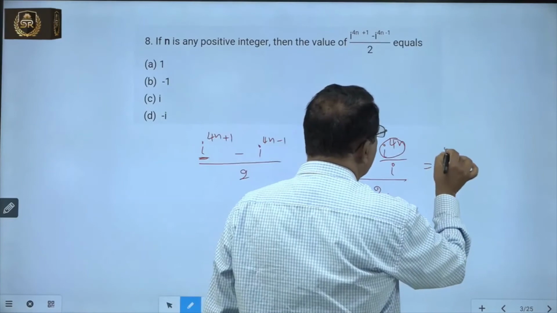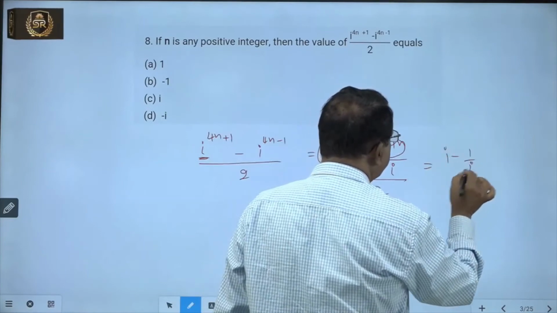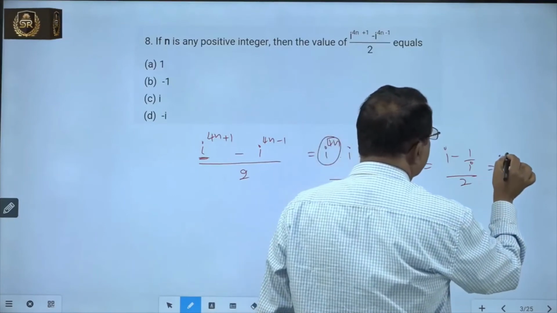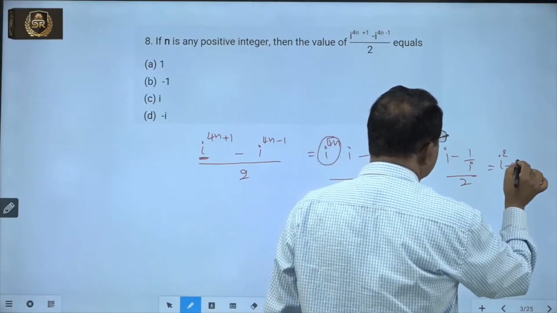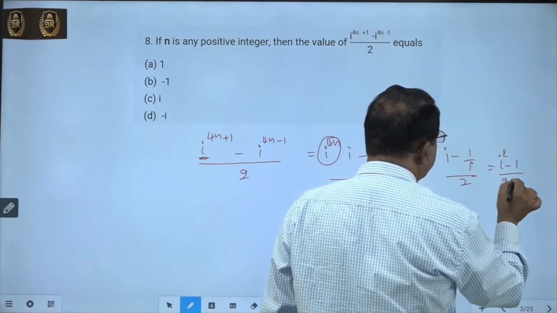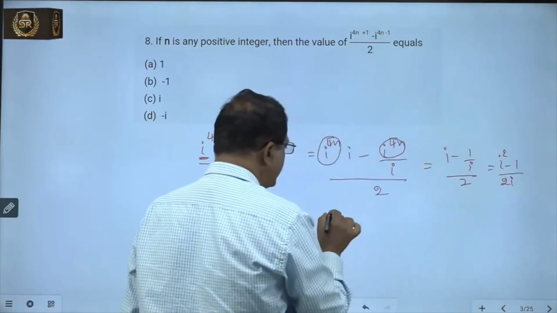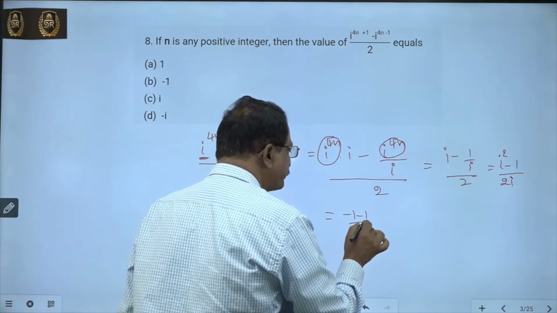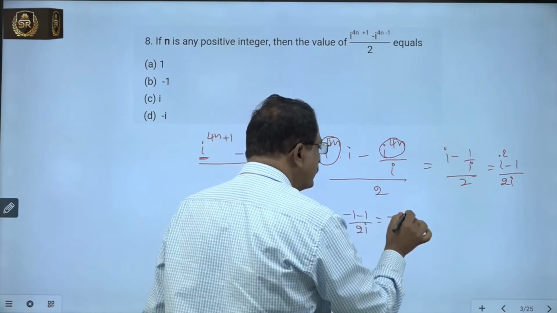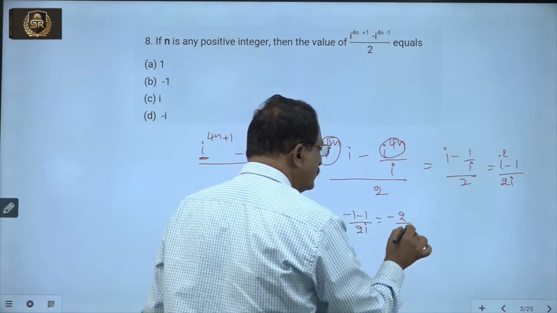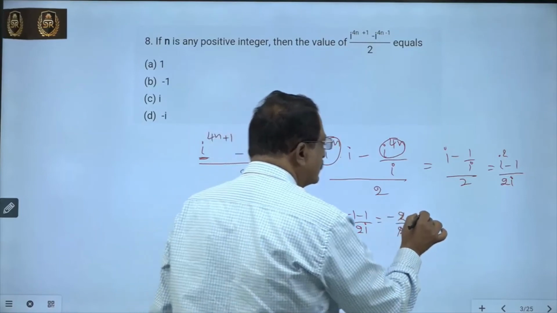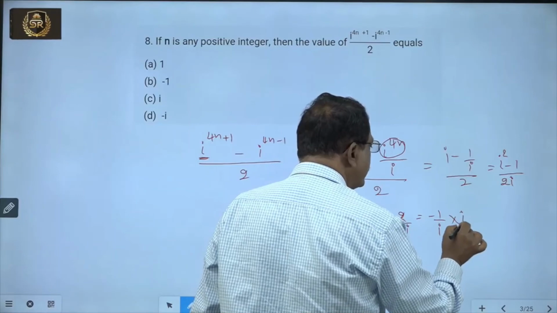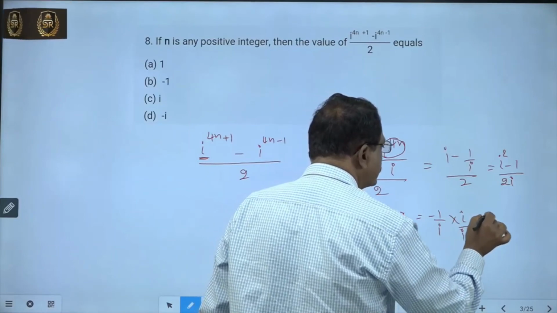That equals (i minus 1 by i) by 2. Take the LCM, we get (i square minus 1) by 2i. But i square equals minus 1, so minus 1 minus 1 by 2i, that equals minus 2 by 2i. The 2 gets cancelled, so that equals minus 1 by i. Now it is multiplied and divided by i, that equals minus i by